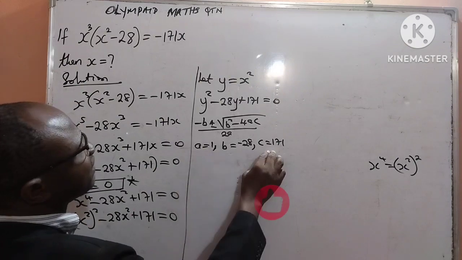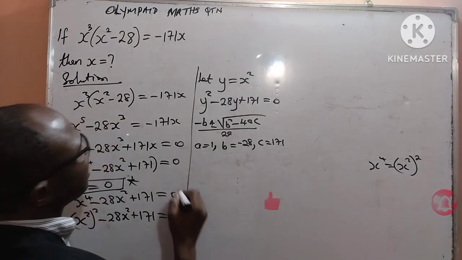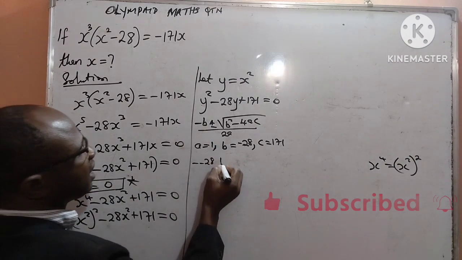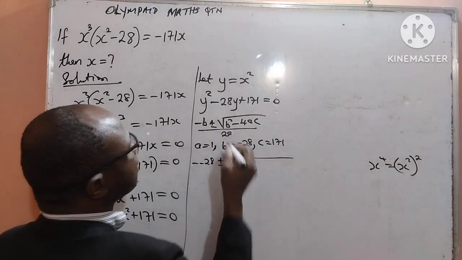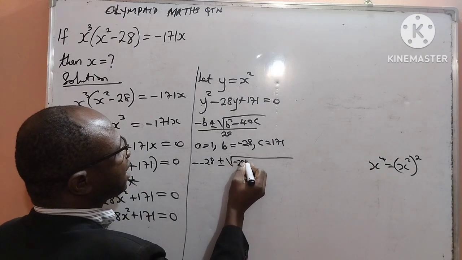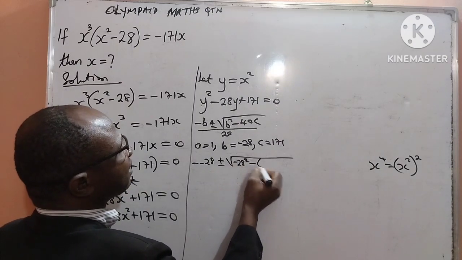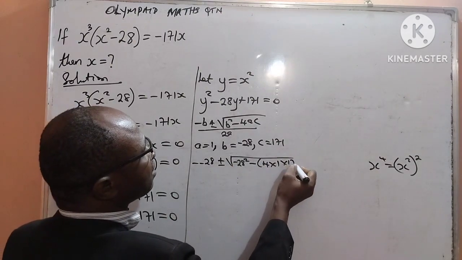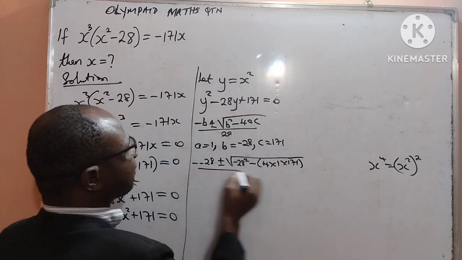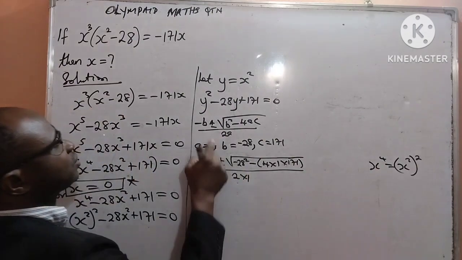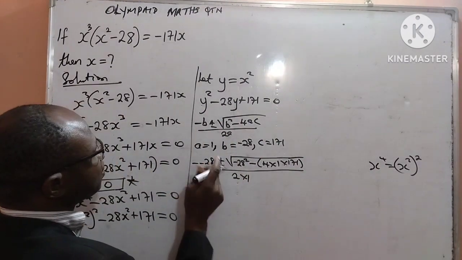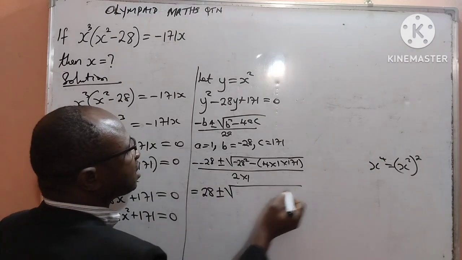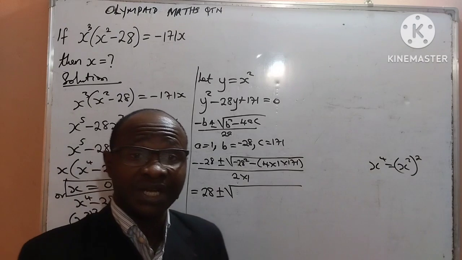Therefore, putting these values into the quadratic formula, I will now have minus 28, that is the value of b, then plus or minus the square root of b squared, which is now minus 28 squared, okay, minus 4 multiplied by a, which is 1, multiplied by c, which is 171, everything divided by 2 multiplied by 1, 2a. Good. Minus will give us now plus 28,